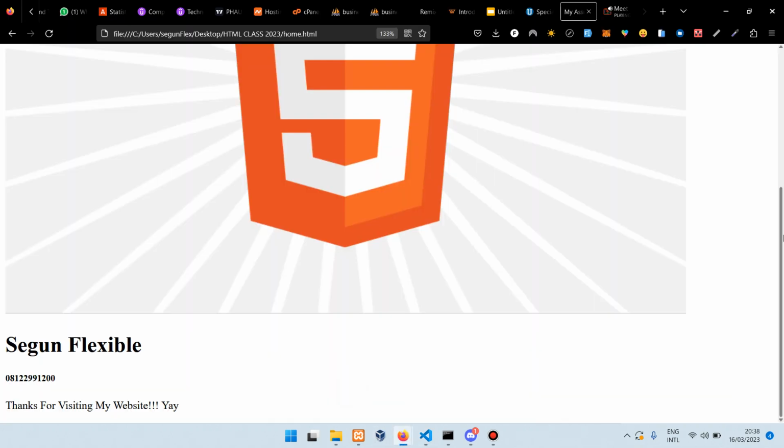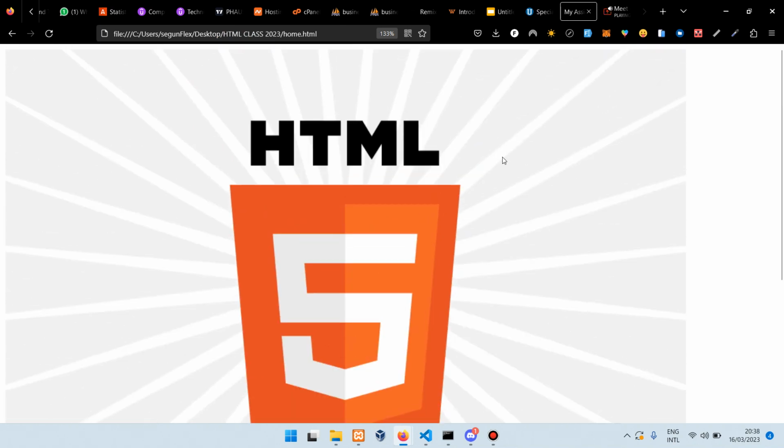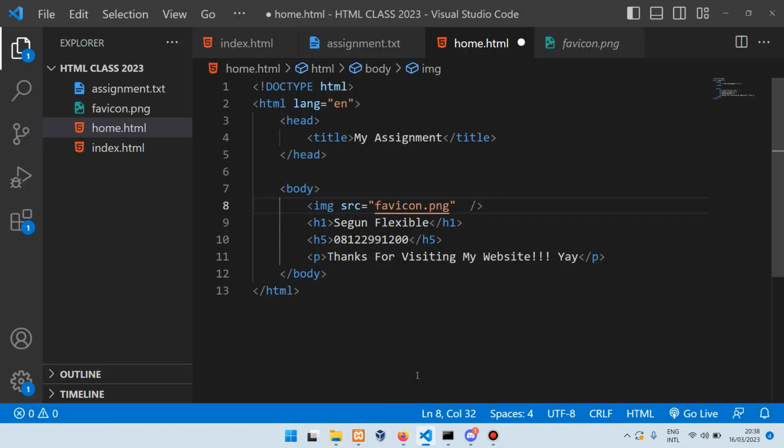This image now is too big, and how can we reduce it? We can use CSS, but we are not in the class for CSS now, so we need to stick with our dear HTML. So how can we use HTML to resize this image? We need to use an attribute inside this tag. We know that an attribute is a modifier. So we have to use a particular attribute to change the way this image behaves. And the attribute we are going to use is what we know as